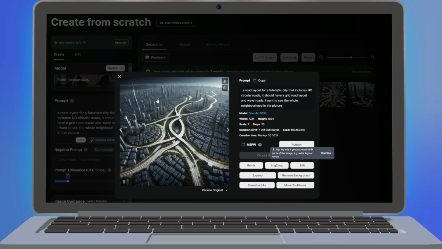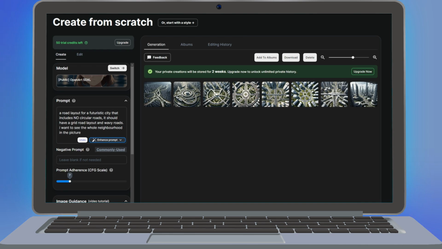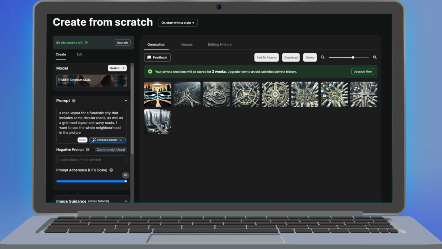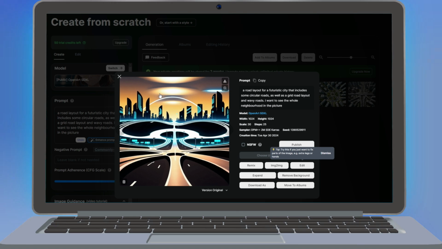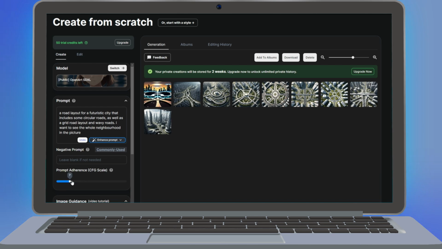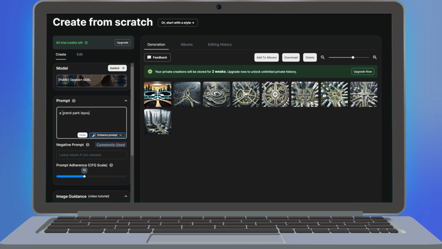Whoa, now we're talking. Now this is so cool. We'll definitely use this. Thank you, Mr. Computer. And you know, I didn't even tweak any of these settings. I wonder if we increase the prompt adherence, if it will be more compliant to our requests. Okay, no. I mean, it's a cool picture, but not good for inspo. Let's shift that back down a little bit, and now let's see if we can get some cool park designs